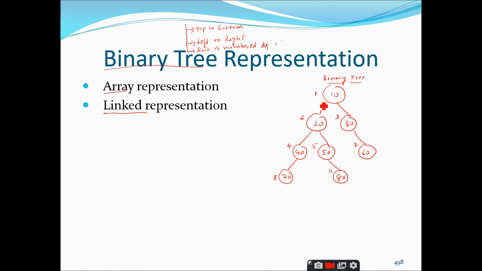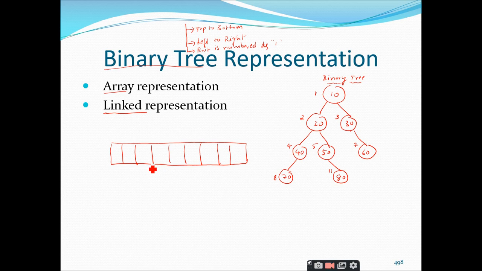And whenever you want to represent this binary tree inside an array, you will take an array like this, right? And we know very well that the arrays have the concept of indices.